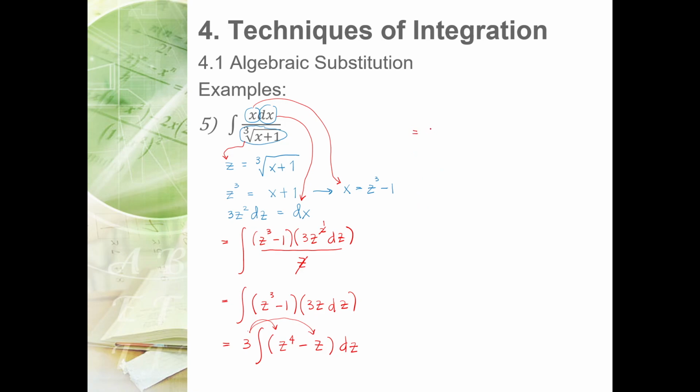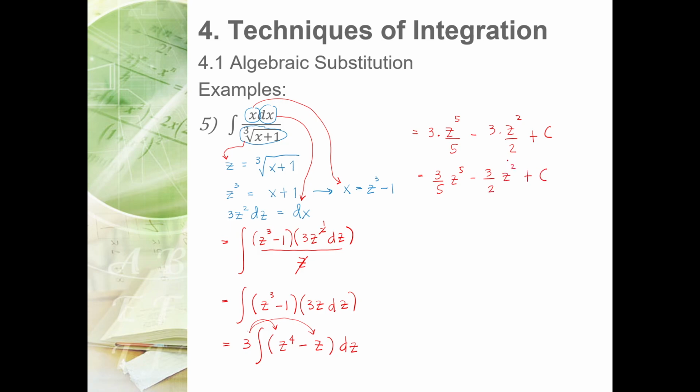So you now have it as 3 times z to the power of 5 over 5 minus 3 times z squared all over 2 plus c. So we're going to have 3/5 z to the power of 5 minus 3/2 z to the power of 2